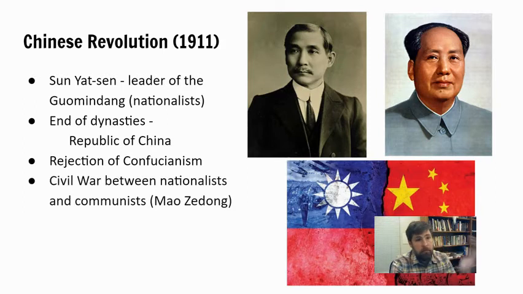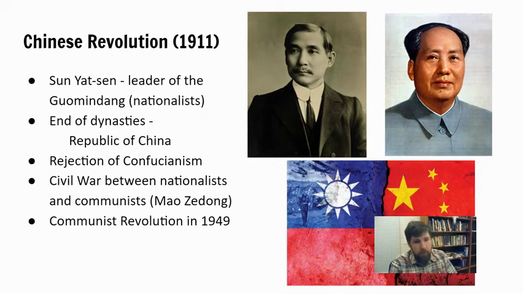In the period after Sun Yat-sen established the Republic of China in the 1920s, a communist party developed in China led by Mao Zedong, and the nationalists tried to purge the government of communists, leading to a civil war in China and a period of instability and violence that began in the late 1920s and lasted up until 1949. And in 1949, Mao Zedong, the communist leader of China, solidified control over China and established a communist government that would run China for the next 50-some years.